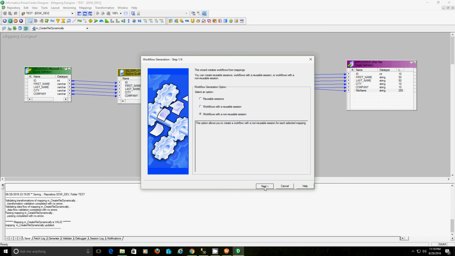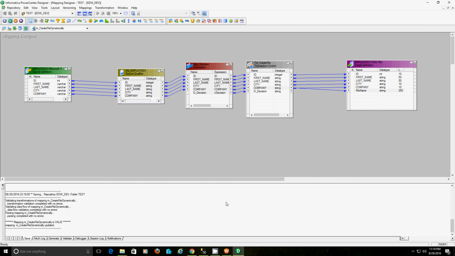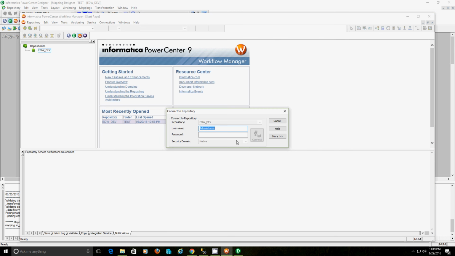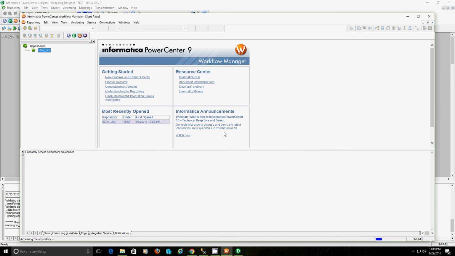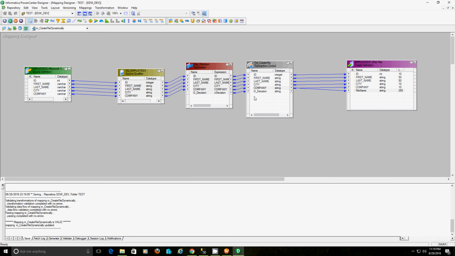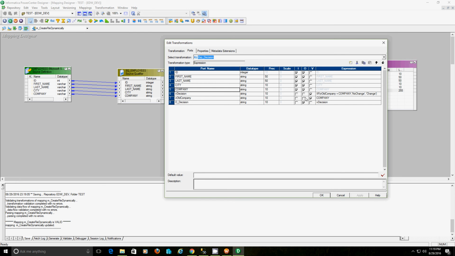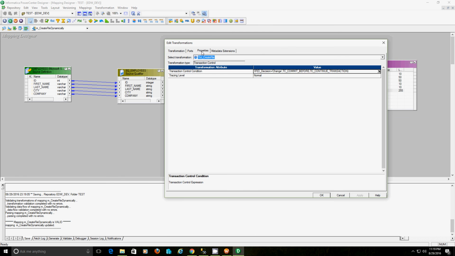Generate the workflow. Just once again check the logic. If the old company name and the existing company name are the same, then no change, or else change. We are passing this decision port from the output port, and based on the value of that decision port, if it is changed, then commit, or else continue.